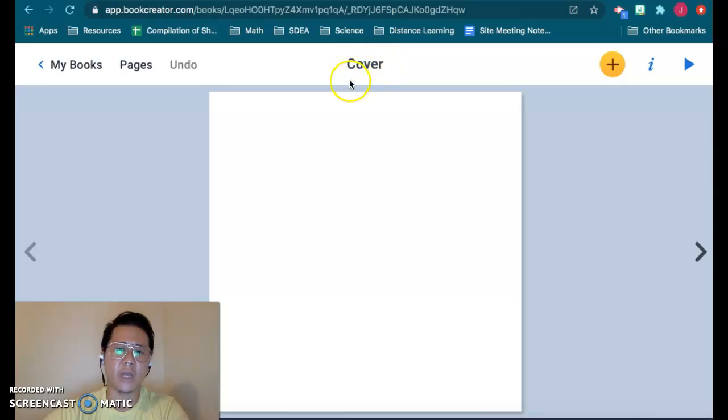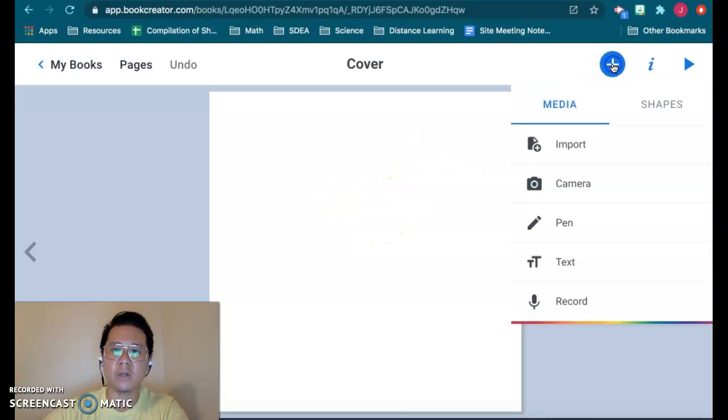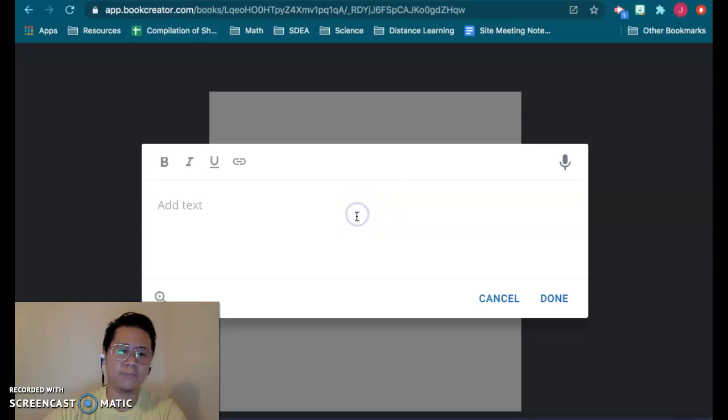This, of course, is the cover page, so just like in a real book, it is the first page that you see in a book. So what we want to do is start to add text. In order to add text, I'm going to click this plus button right here, and you'll get an assortment of different options. But click the text tool, and on this pop-up here, you're able to type in the title of